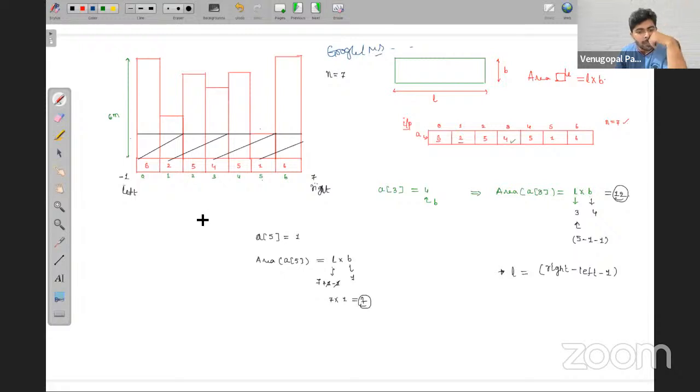Okay, many companies. Now, for every element, see on the right hand side who is the smaller. See on the left side again who is the smaller. Left side who is the smaller, right side who is the smaller. Have you solved this question? Tell me. I will go to the nearest smaller element on its right. Similarly, I will find out who is the nearest smaller element on its left. And I will apply this formula. And I will multiply with its breadth. And among all I will find out its maximum.